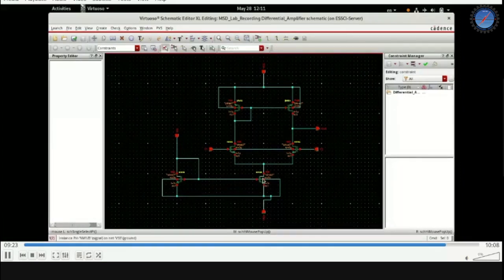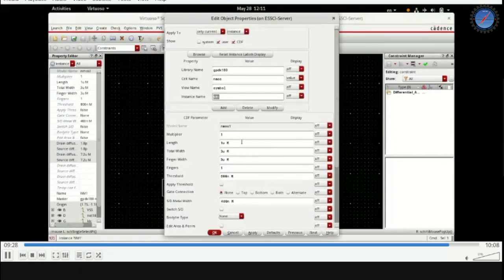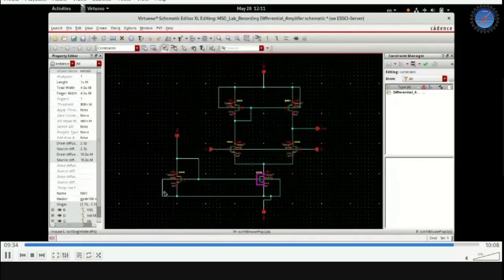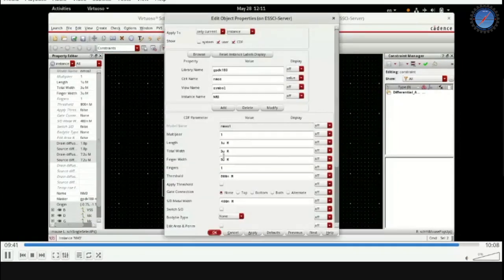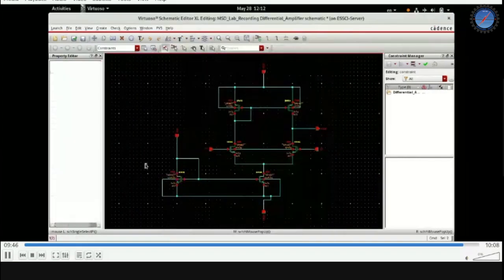So that is the schematic of the differential amplifier. Only one small thing is missing. The size of the tail current source, we will slightly increase it because it has to carry the current of 2 transistors. So we'll make it 4.5 micron. And typically the transistor which carries the bias current will have a smaller width. But here for the ease of simulation, we'll also make it the same width, so that whatever bias current we give, the same current will be mirrored in the tail current source for the differential amplifier.